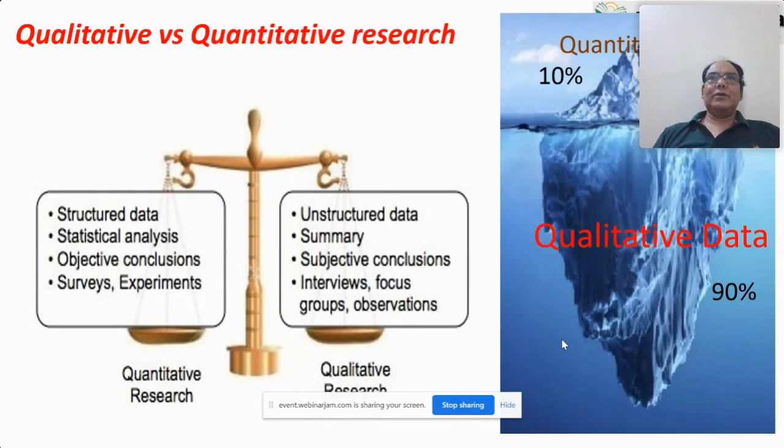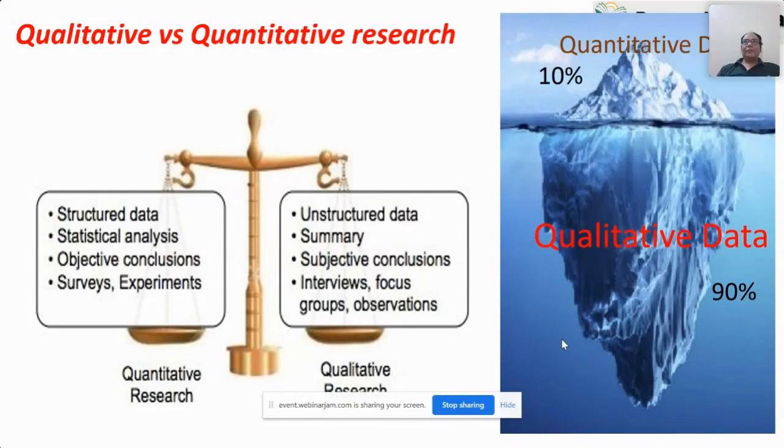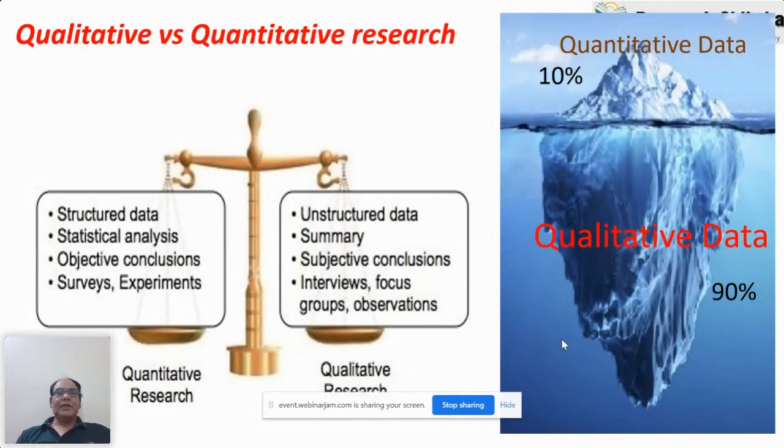For many years, we have learned there are different kinds of data sets, and in most of the books on marketing research, they divide the data into two categories: primary data and secondary data. And then they divide the data into different categories like nominal data, ordinal data, interval data, and ratio data. So these are the different kinds of data sets you have studied.